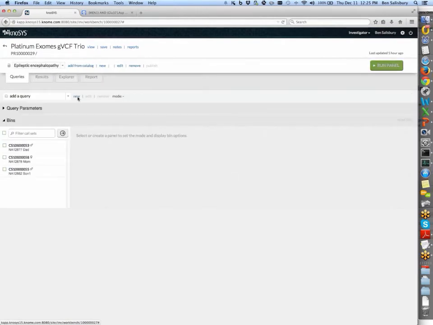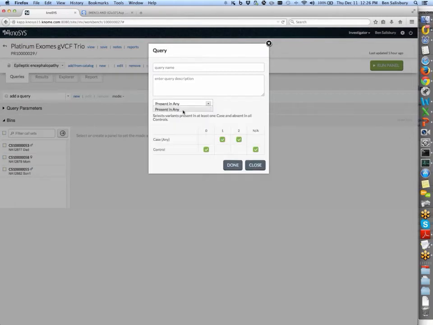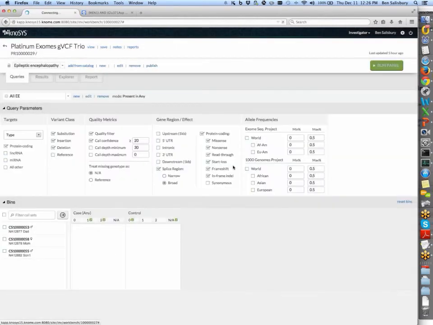And we don't have any queries in this panel, so let's add one. And you have choices here. The first choice you really need to make is what kind of mode you're working in. We could be very specific about whether we're dealing with X-linked genes or autosomal, recessive, dominant, etc. But for now, since we're just getting started with this, I think it might be easier to go with present in any query. So we'll be able to look at all the genes regardless of where they fall within the genome, and then we could break those out later. So let's just look for all of these epileptic encephalopathy genes.